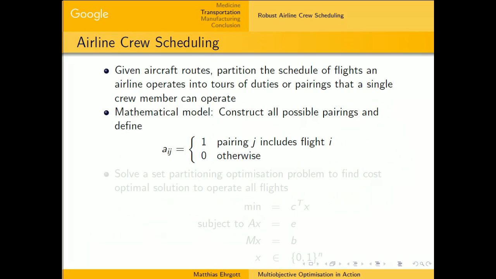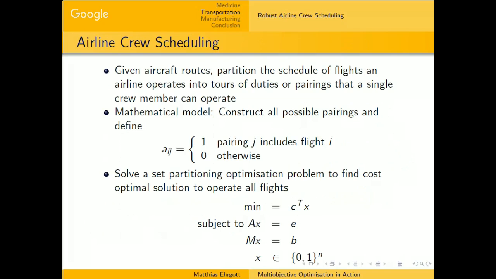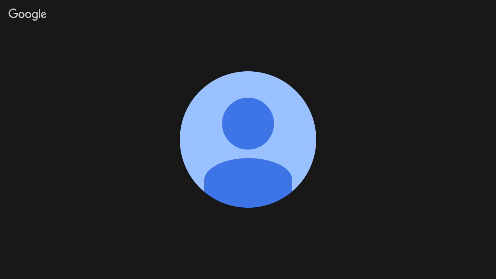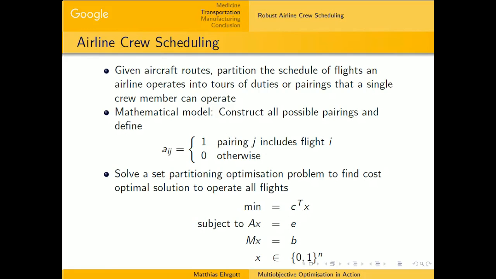And there are, of course, constraints on what these can do. So between the flights, there has to be a certain minimum sit time where they have to wait before they can fly again. They have to return back home at the end of the pairing and things like that. But essentially, it's just a collection of a lot of 0-1 vectors to tell you what's possible. Now you solve a set partitioning problem. Because in fact, of course, for each flight, you need exactly one pilot. Right? So now you make constraints, which they make